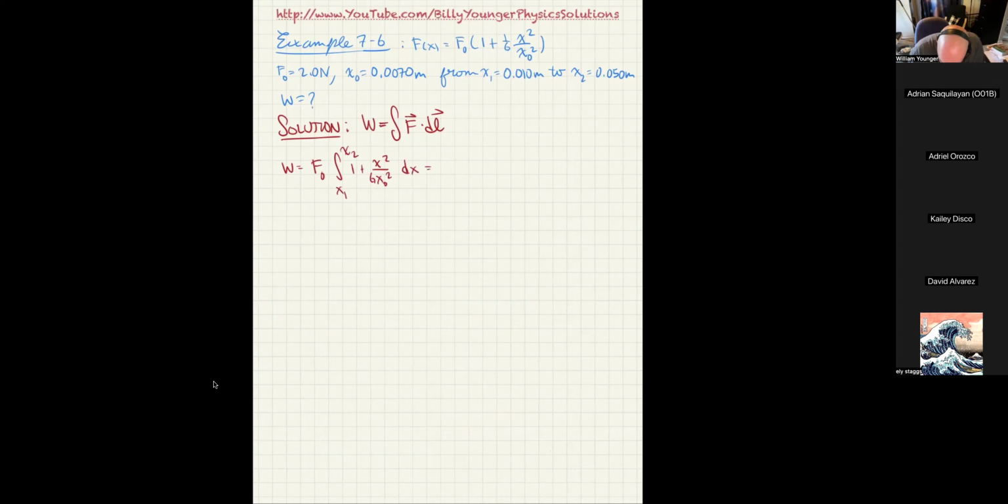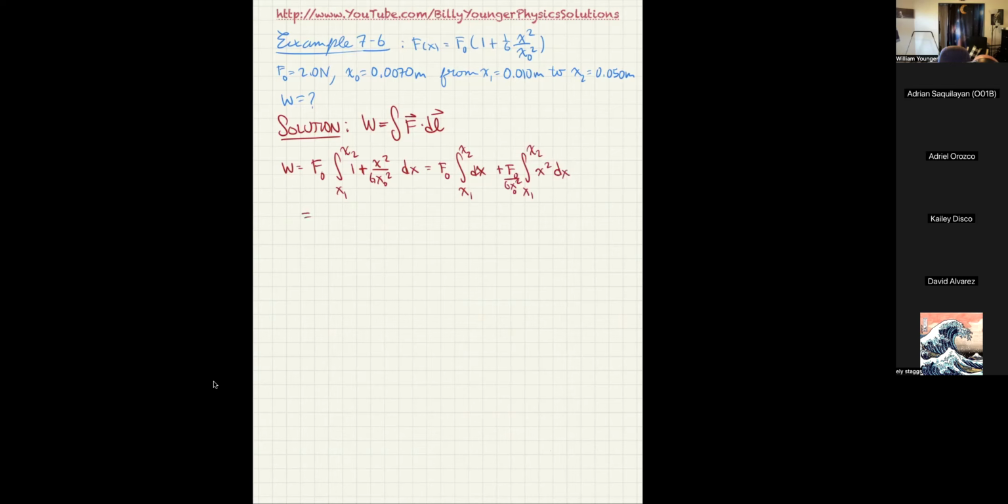Now you can distribute the dx, and then you'd break the integral up into two separate parts. So I've got the integral from x1 to x2 of specifically just plain dx. That's for the first term, the 1 to the left of the plus symbol. And then after the plus symbol, we still have the F0 out in front. So I'm going to have F0 integral from x1 to x2. Now this time let's put 6x0 squared in the bottom and pull that out in front because that's just another constant too. And in this case, it's going to be x squared